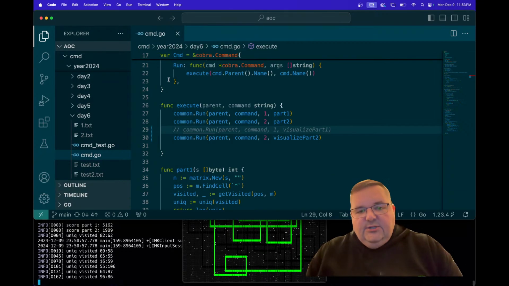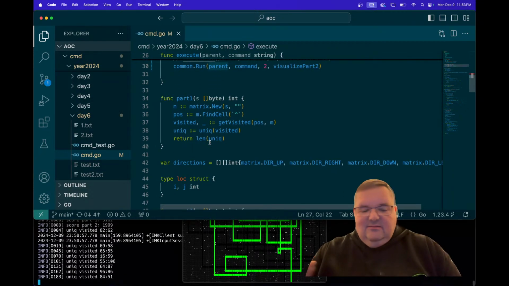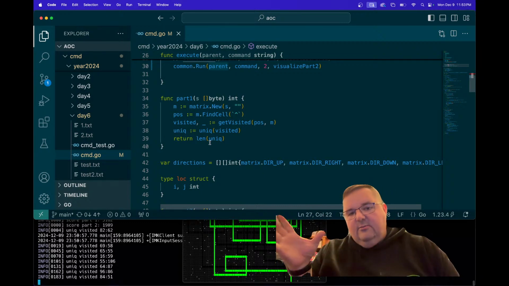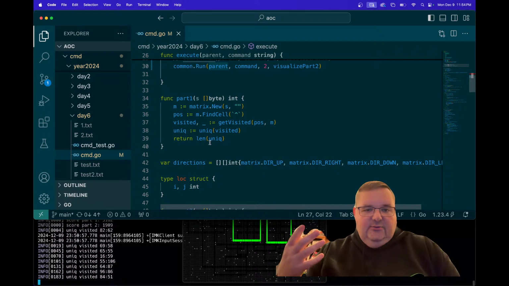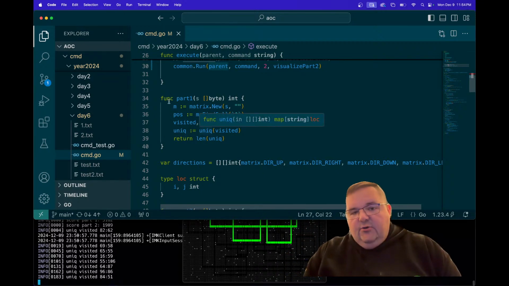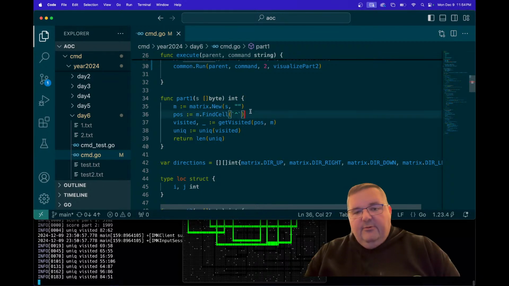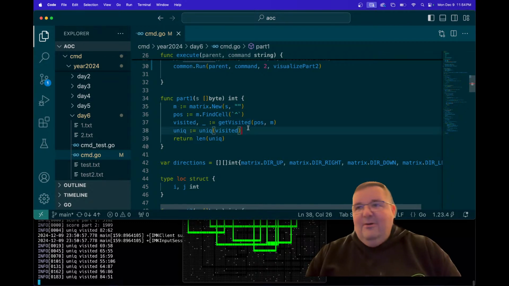As far as implementation goes, I try to make it pretty easy. Some people look at Advent of Code and think they're doing it for competition. I'm not. I'm doing it to hone my skills and learn some new things. So I built this matrix library or grid library that at some point,